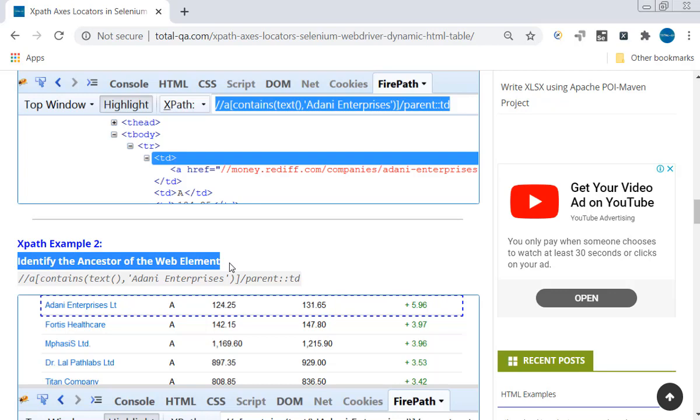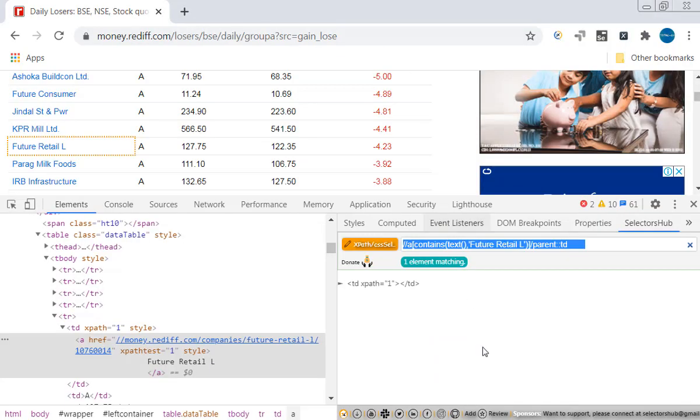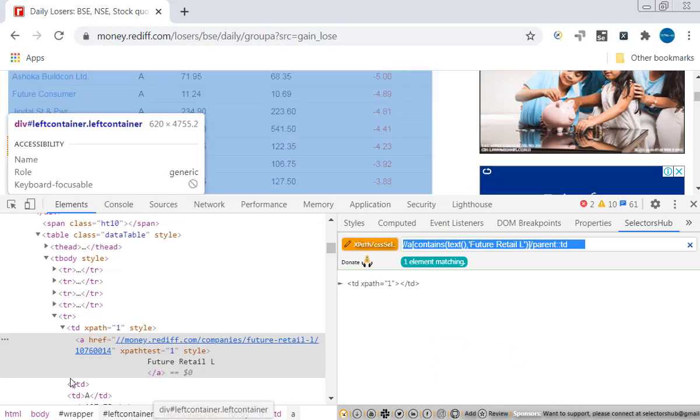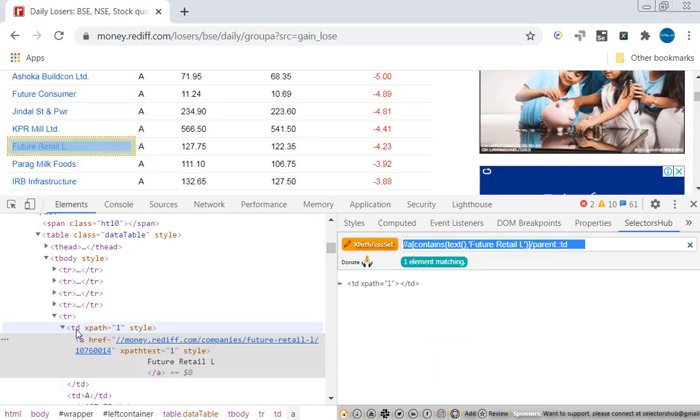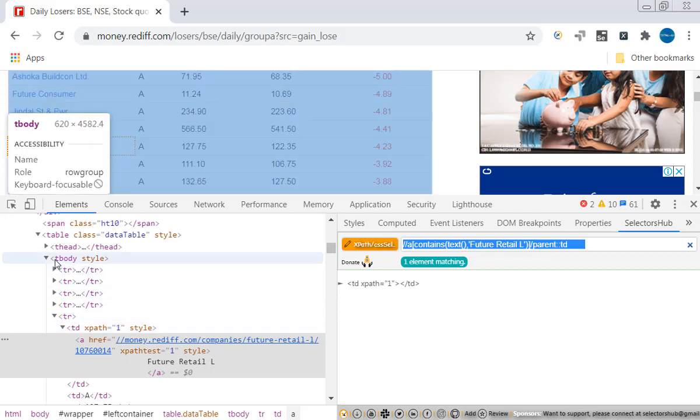Identify the ancestor of the web element. Now we completed parent. Now we are getting into the next example. Identify the ancestor of the web element. There is a difference between a parent and ancestor. Okay, let's see what's the difference. If you look at here, the parent of A is TD. The parent of TD is TR. The parent of TR is T-body. The parent of T-body is table.